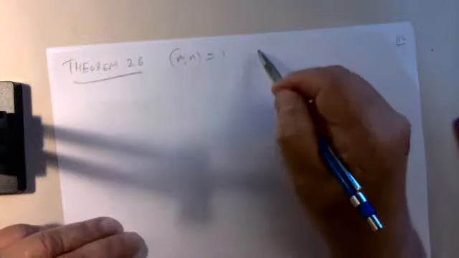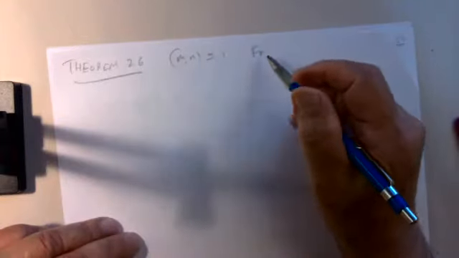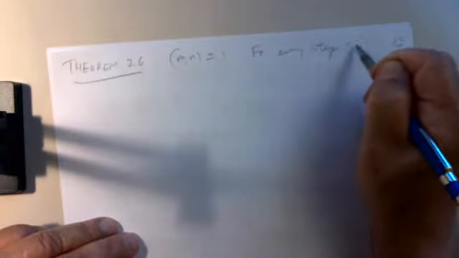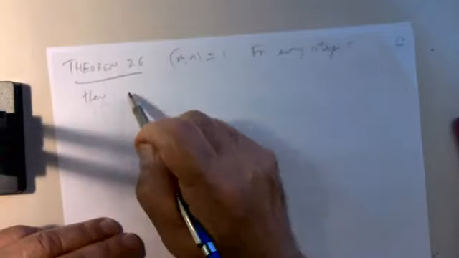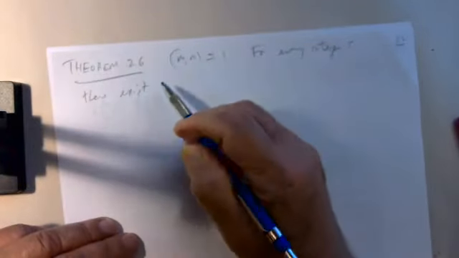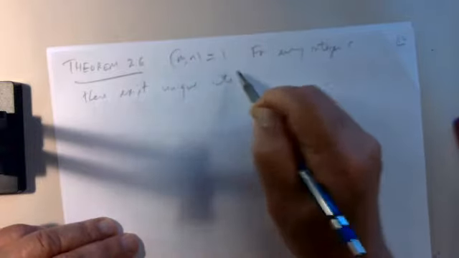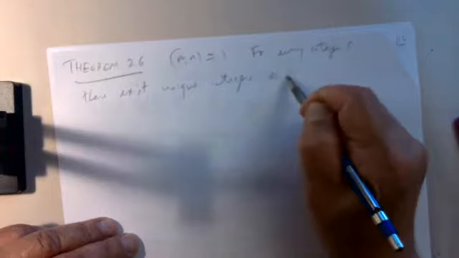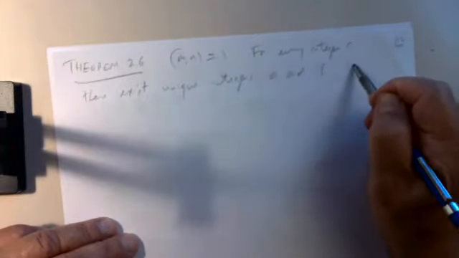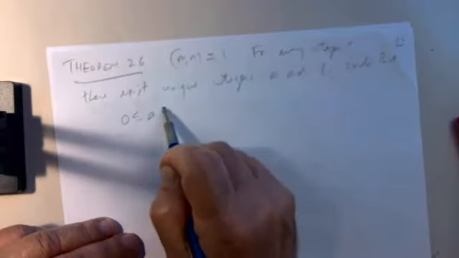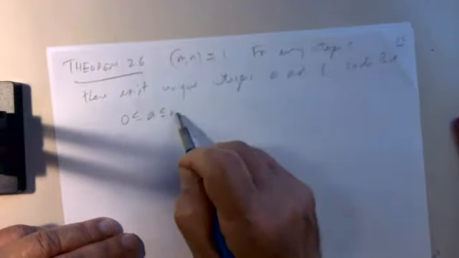And the theorem says the following: for every integer c, there exist unique integers a and b such that a is between 0 and n minus 1,